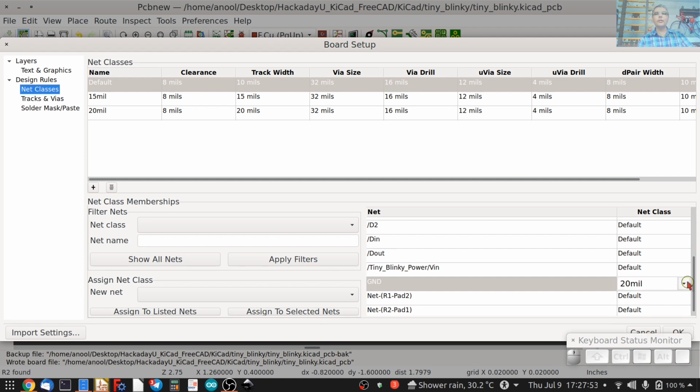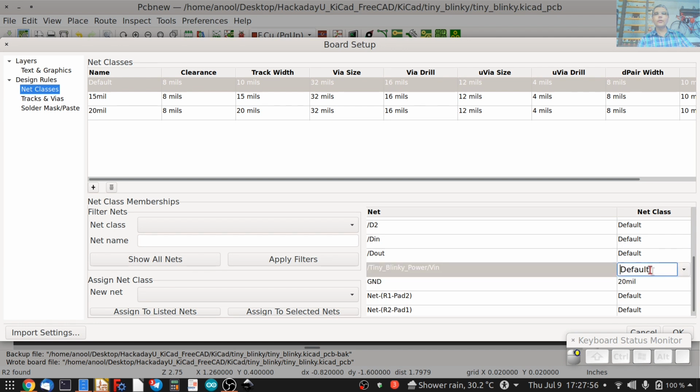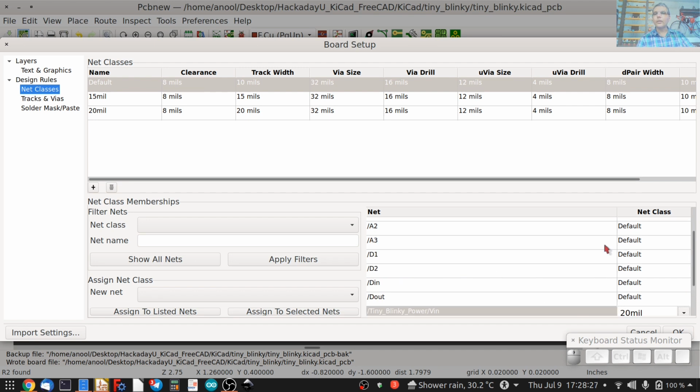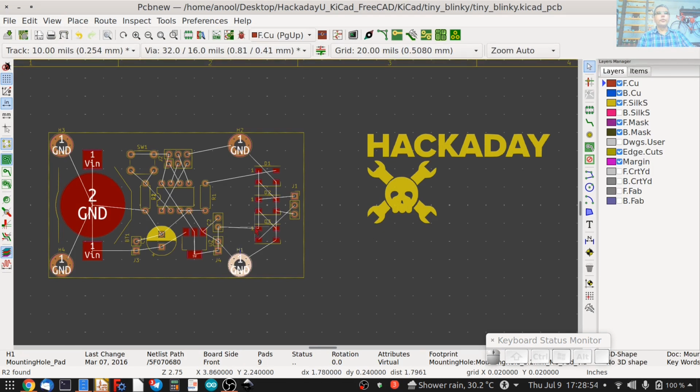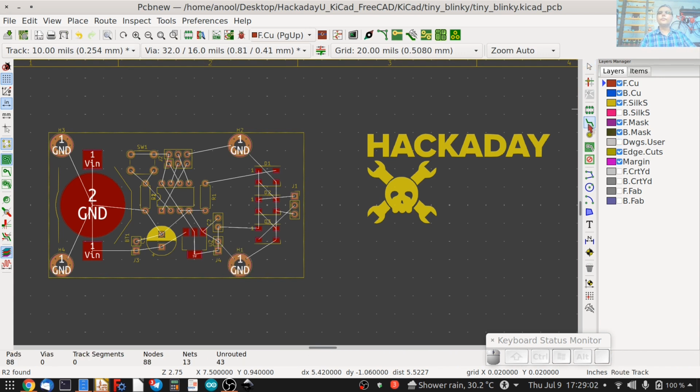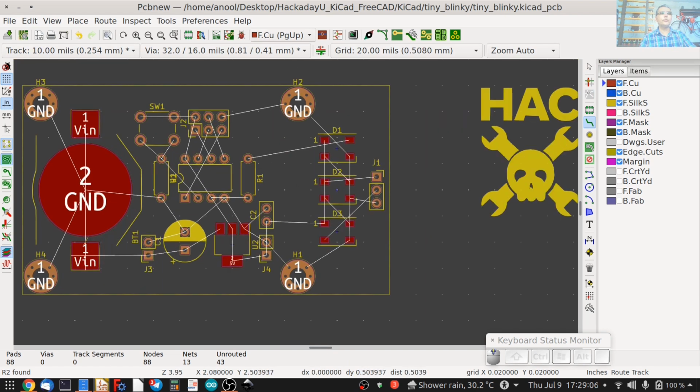And this one, VIN, select that as 20 mil. All right, so this is how you assign net classes, and then click OK. We are now pretty much ready to start the routing. So let's click on the track routing icon. We are already on the front layer, and now we can start drawing our tracks.